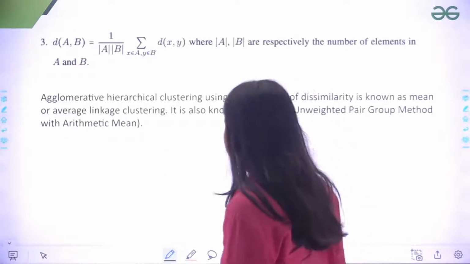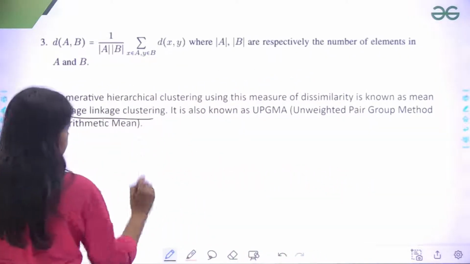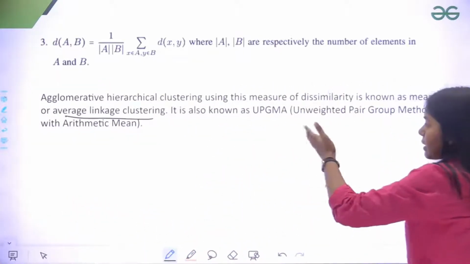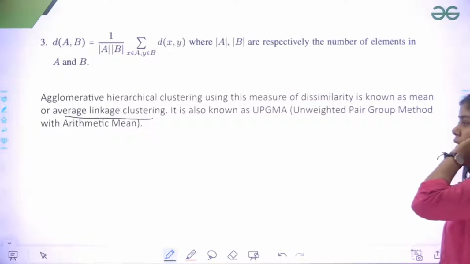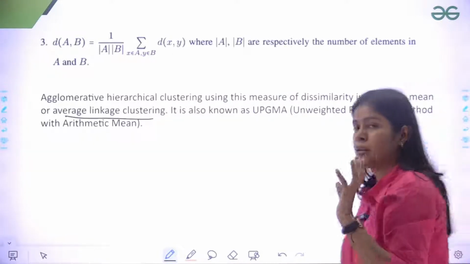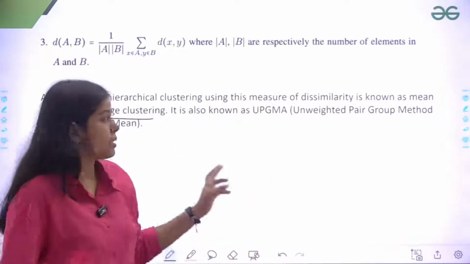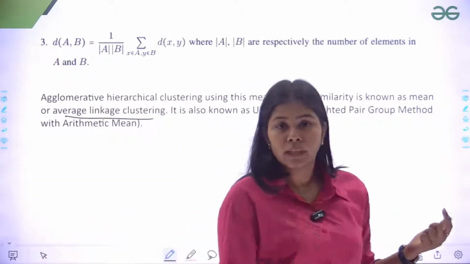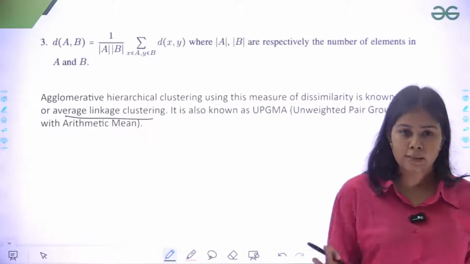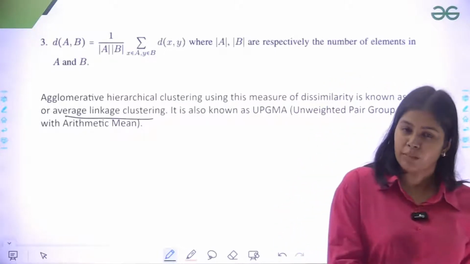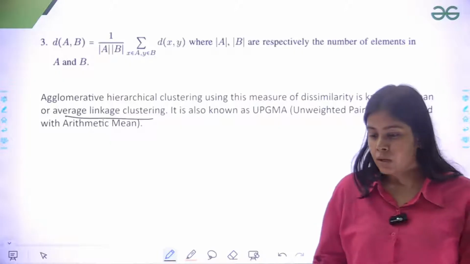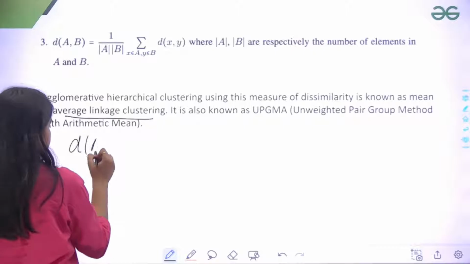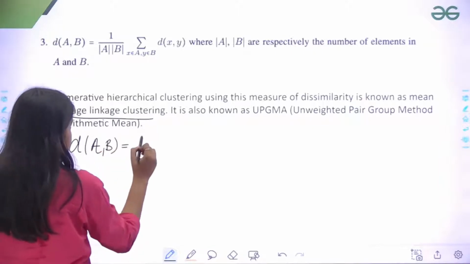Another clustering we have is average linkage clustering, also known as mean linkage clustering or unweighted pair group method with arithmetic mean. Basically, to find out a distance. Previously, to find a distance between two clusters, I was taking the minimum distance or the maximum distance. So here you can see what I am doing: I am taking the distance between two clusters A and B